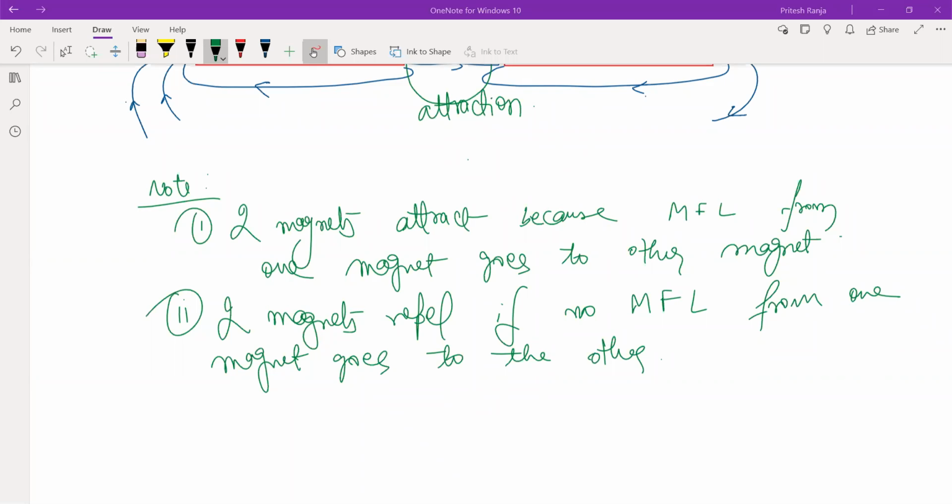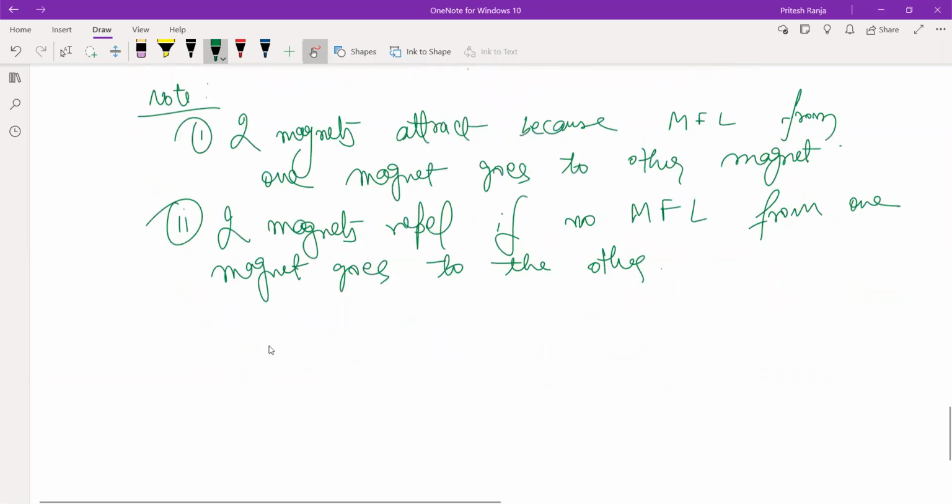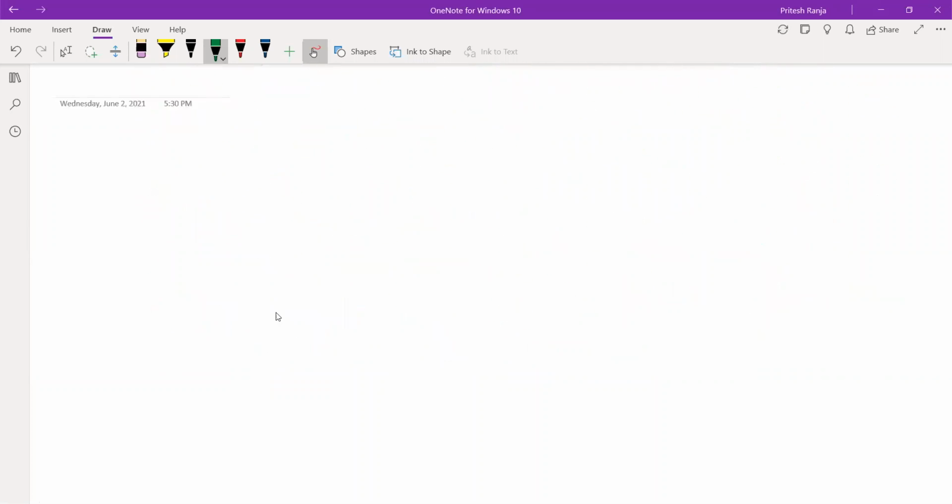Okay, so now let us see a current carrying wire. So let us say this is a current carrying wire and current is being carried in this direction. And I wish to find out